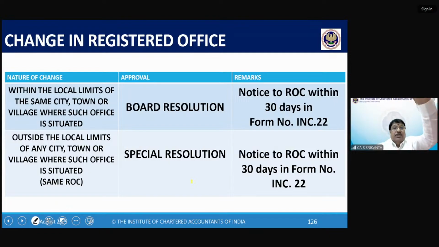General meeting, special resolution. It means special majority, 3 times. The number of votes cast in favor shall be not less than 3 times the number of votes cast against, if any. There is a definition of a special resolution. So special resolution is written. Later on, when you come to management and administration, the faculty who is taking it will clearly explain to you